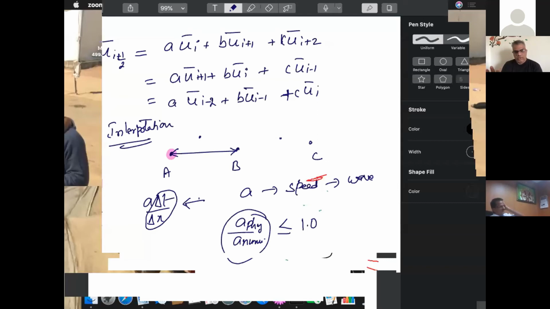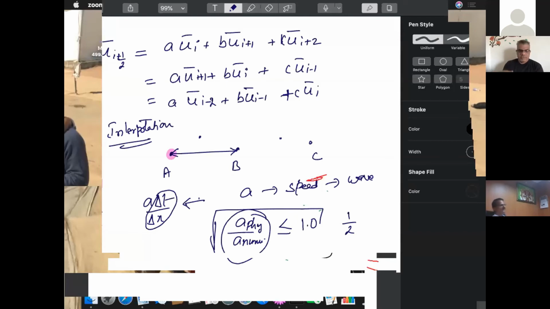It's not a general rule. There are certain places where this may be maintained to half. There are some schemes where it is less than half and less than that. Ideally we want to keep this at 1, A physics by A numerics equal to 1. That's the ideal numerical scheme that we would like to have. But in most cases, this is less than or equal to 1, and for most of the popular numerical schemes, it is less than half. So we see that there are certain issues that pop out.